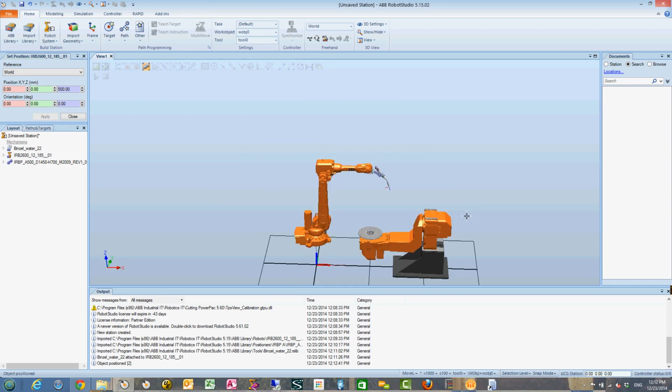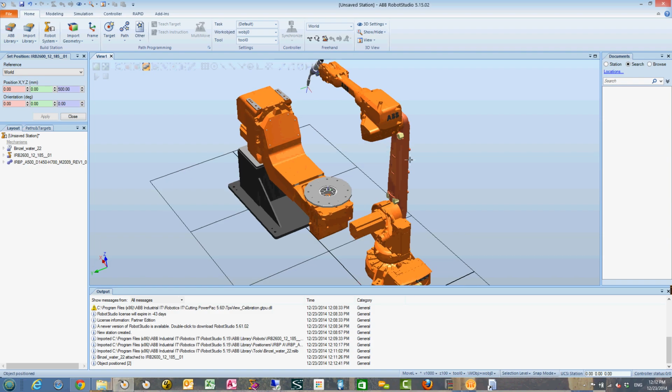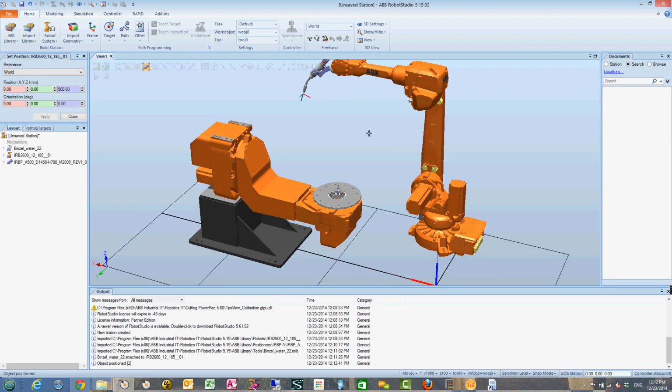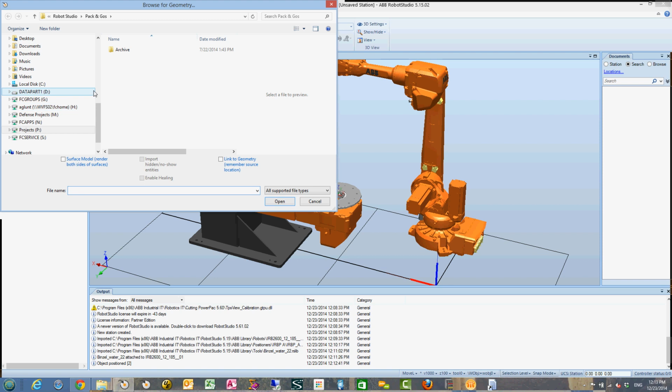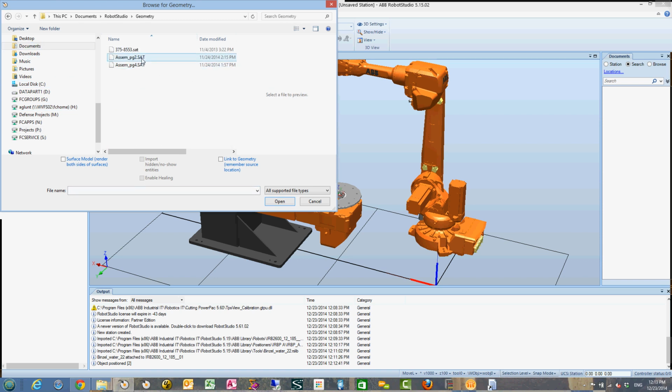And so that's my robot and my positioner, and then I'm going to say okay, now I need to bring a part into this. So I've already got some parts brought in here. You can go Control G, we'll bring this in, import geometry, and there it is, Control G, and import library. If you have a specific library you want to browse out to, Control J. So I'm going to import a library, and I'm going to drive out to my documents, Robot Studio, Geometry, and I'm going to import these two assemblies that I created. You can import multiple, you can import one at a time. So I'll import one at a time,